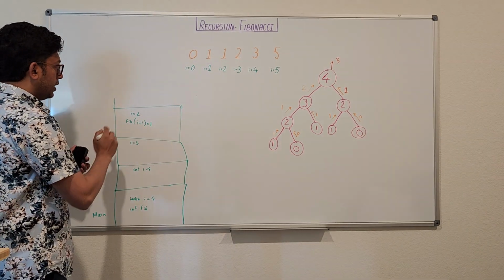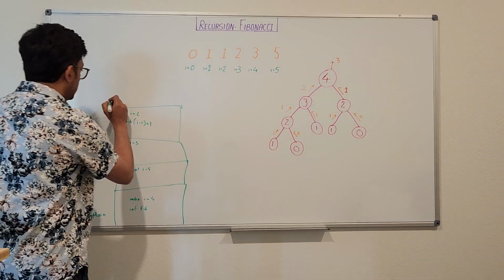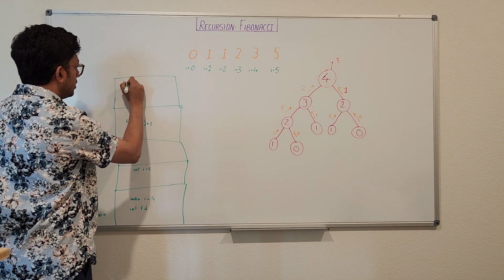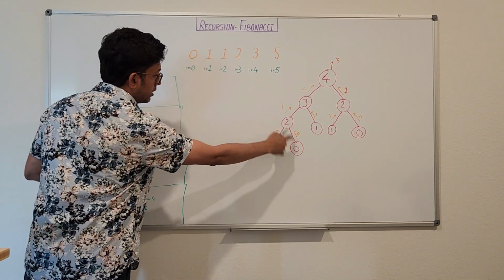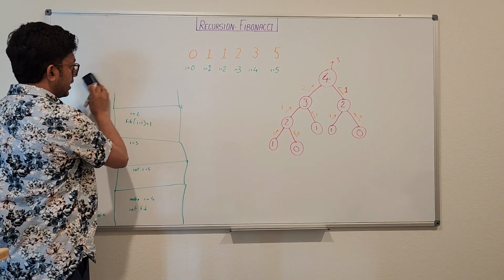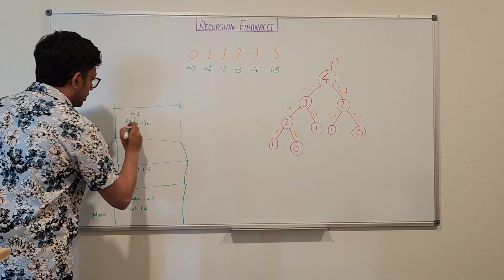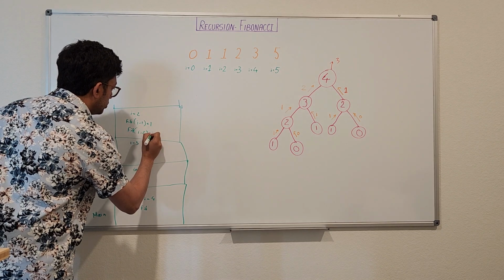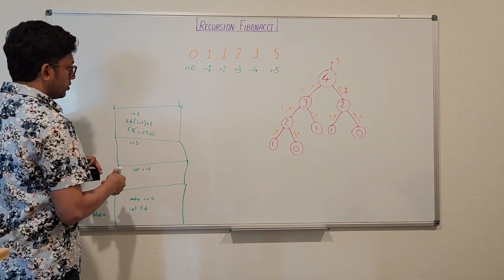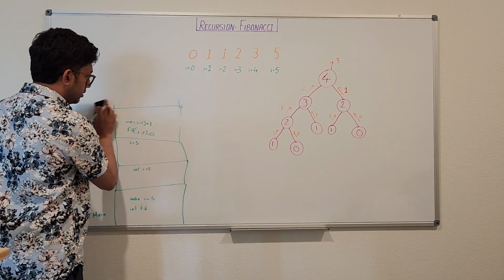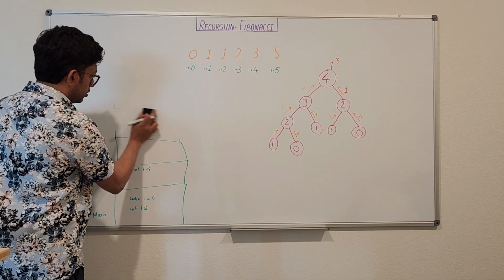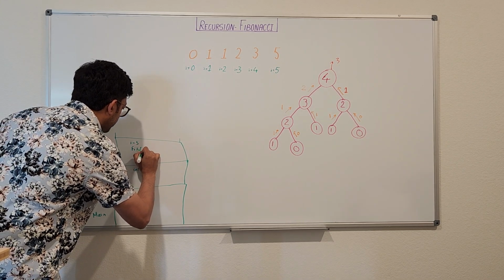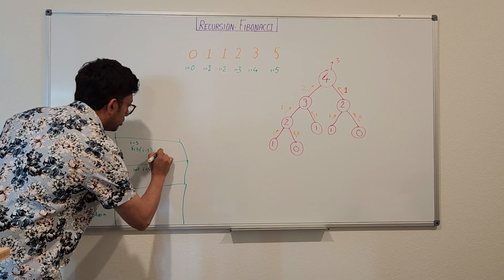But now you need to calculate I minus 2. So it will go this route. It will come again, another stack frame is created for I equal to 0. This will return 0, goes off the stack. This has fib of I minus 1 equal to 1, fib of I minus 2 equal to 0. It will add both of these, return 1, goes off the stack. So fib of I minus 1 equal to 1